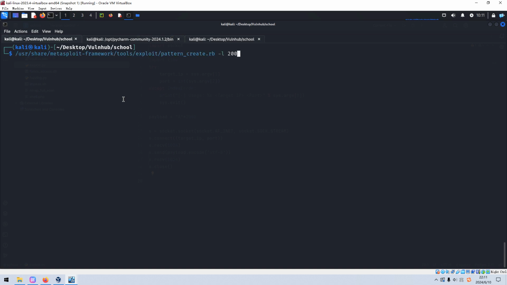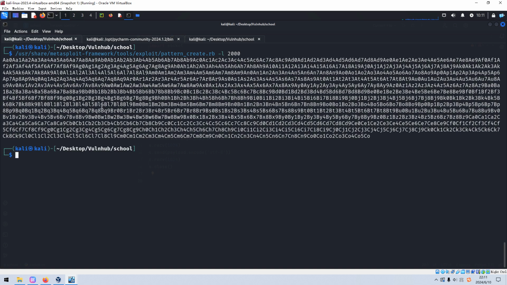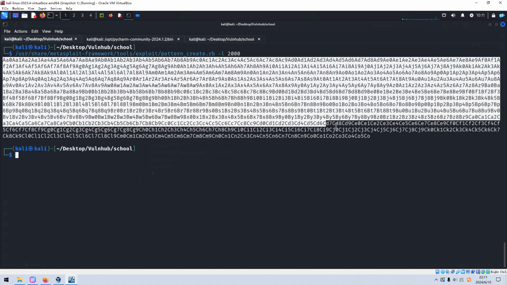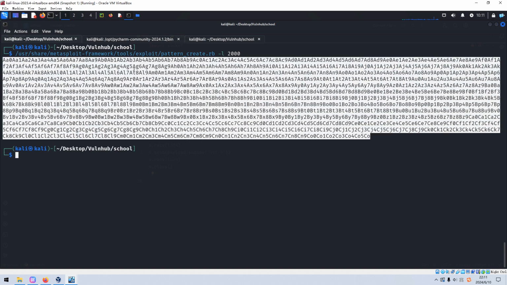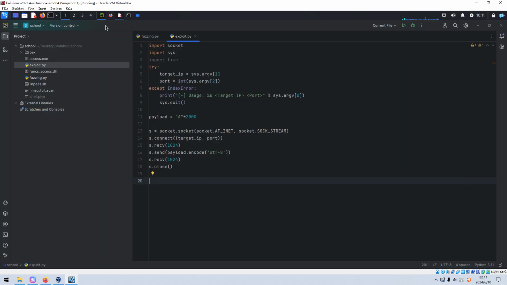And I'd like to auto-complete this command, and the length is 2000. Press enter, as you can see over here. And we can copy this string with a particular pattern, and then we can change our exploit code.